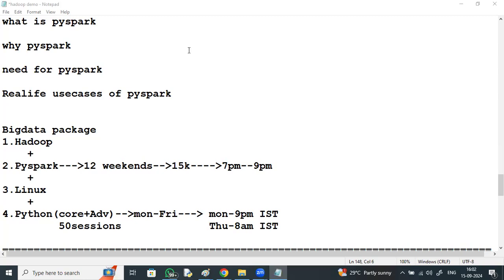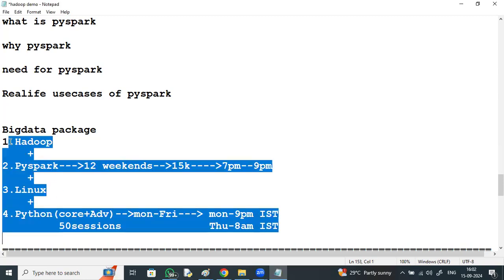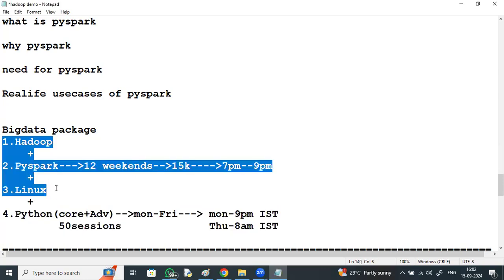With Python, it's 15,000. Without Python, it's 12,000. But with Python, it is 15,000, right? Once you are enrolled, don't forget to share the screenshot of your payment to the mail ID that is provided, DURGASOFT online training. Only then will you get the link, right?